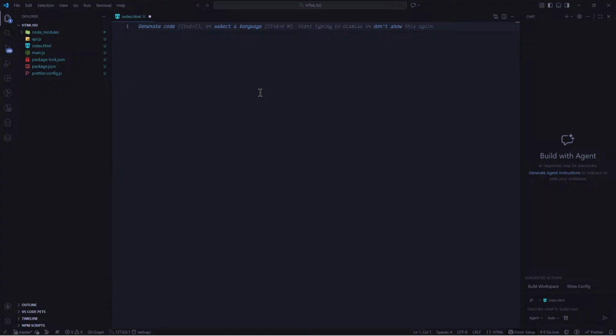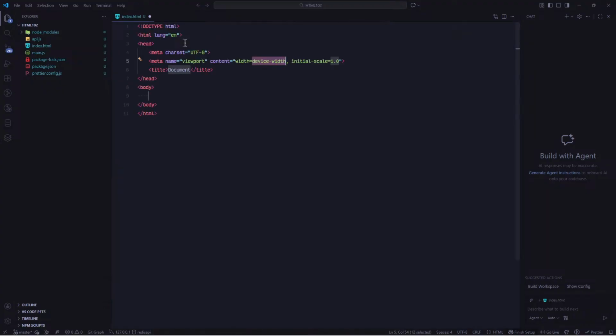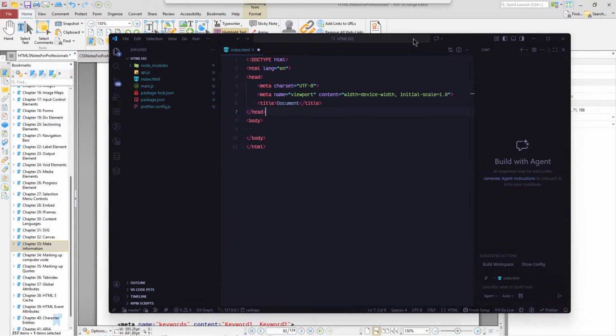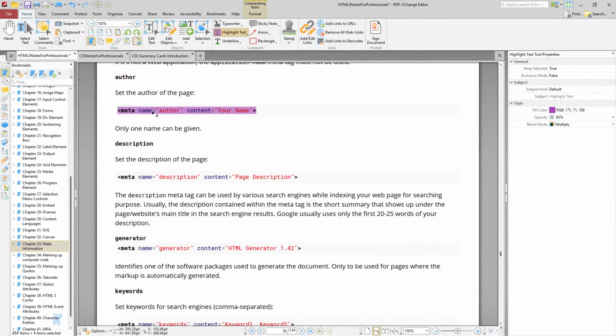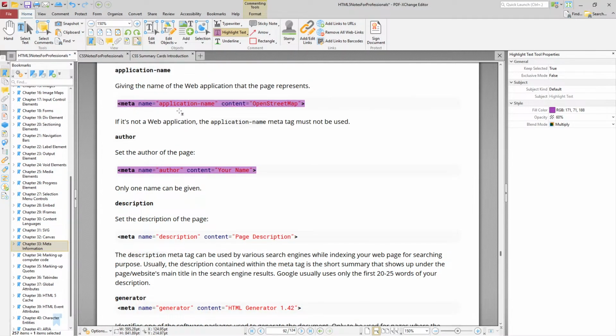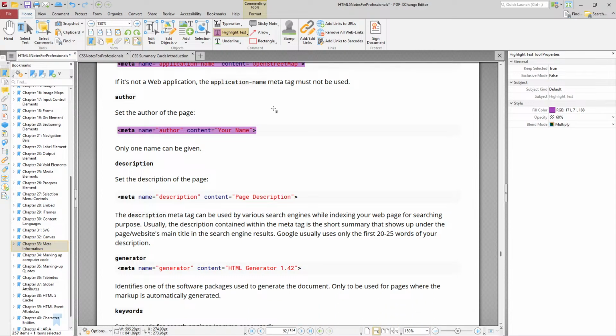Wait. HTML5. The title, but not the name of the application. Yes, the title. Oh, of course, we got the title. Even me, I add the title. But here they are talking about the name of the application. Look, meta name, application name, and then content, blah blah blah. No, about the author,